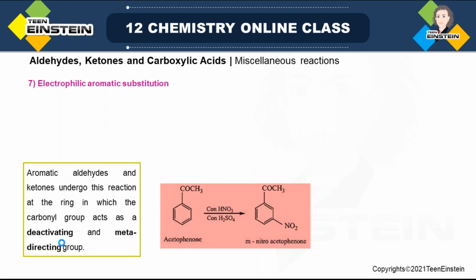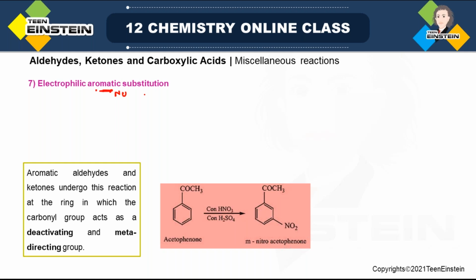Number 7 reaction is electrophilic aromatic substitution. So as we are saying, aromatic substitution, that means it is only for aromatic compounds. Electrophilic aromatic, that means here the aromatic ring will behave as nucleophile, and the reagent that you will use from outside is actually the electrophile. So as the reagent is electrophile, that is electron deficient, that is why the name is such, electrophilic aromatic